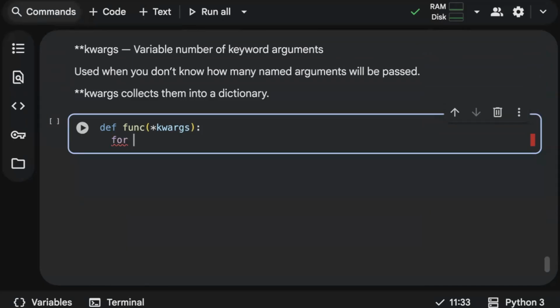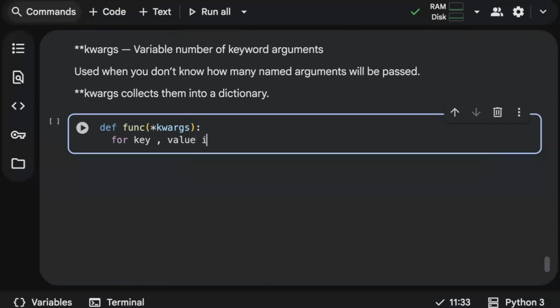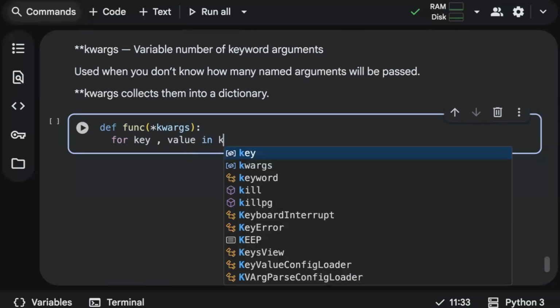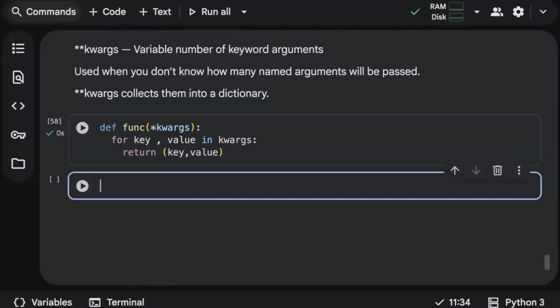Since we will be passing key and value pairs, I'll use key, value for key, value in kwargs. We are looping through kwargs because we will be passing multiple keyword arguments, right? And then we'll return key and value. Okay, so now I'll call my function.